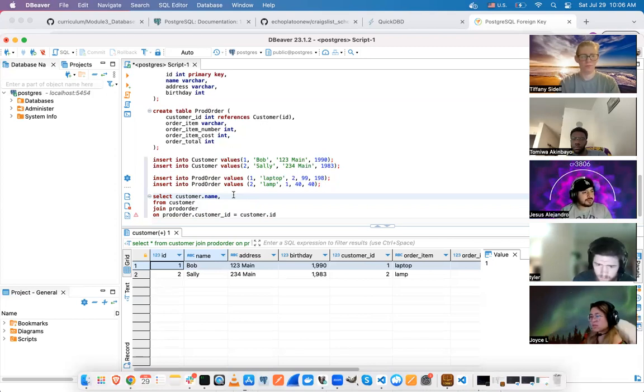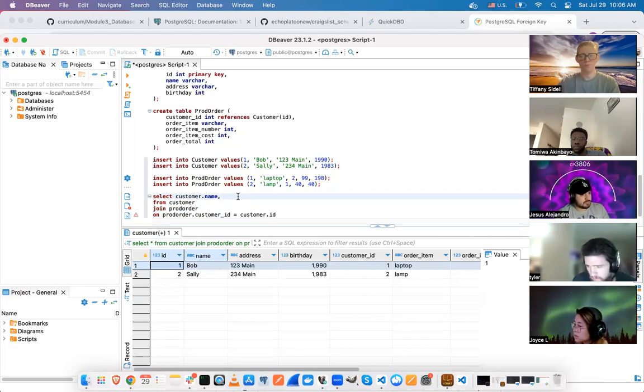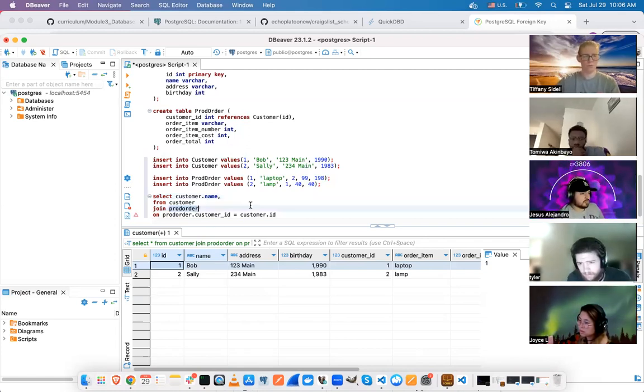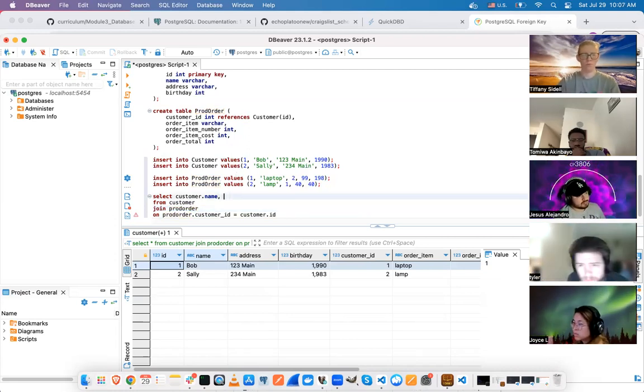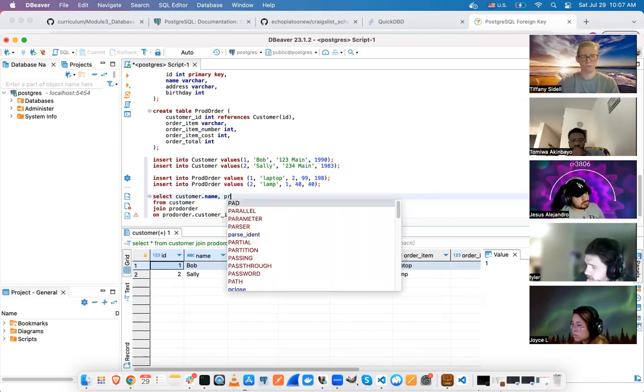So if we want to select particular columns, how do we select particular columns? You do product order dot customer ID, product order dot order item. Exactly. So we can manually specify each column that we want, right? You can do star and get everything. You can also specify each column. So I can do customer.name, prod order dot customer ID, prod order dot order item, prod order dot order item number. I can individually specify each column that I want. You can also do something like prod order dot